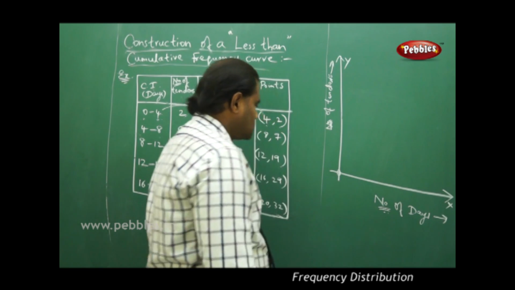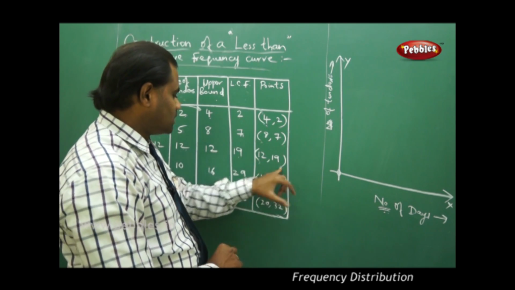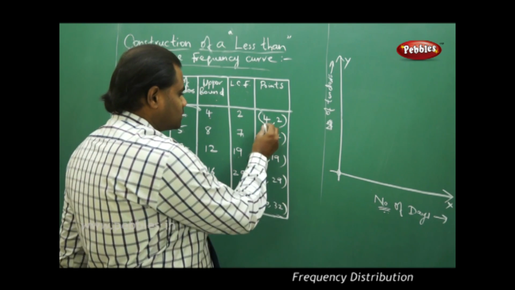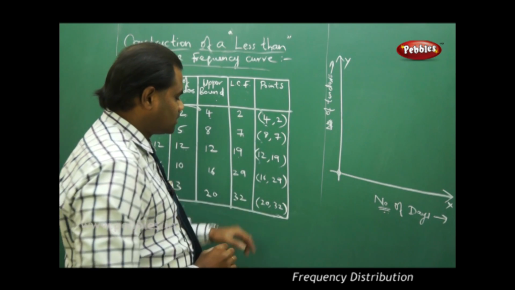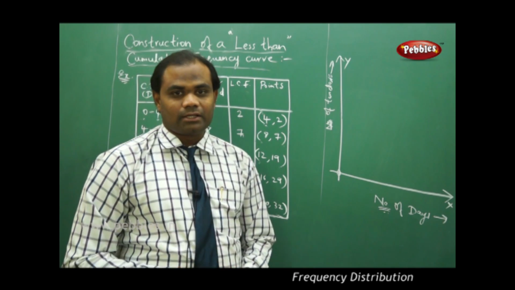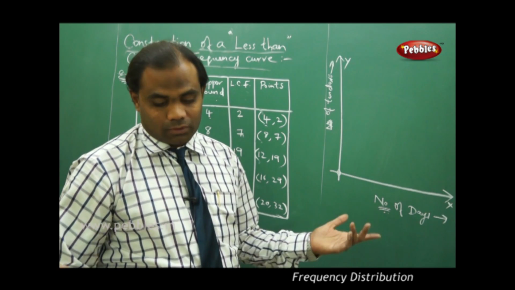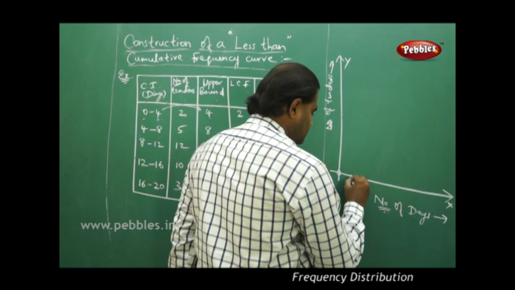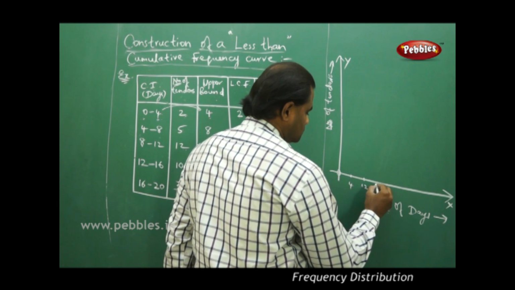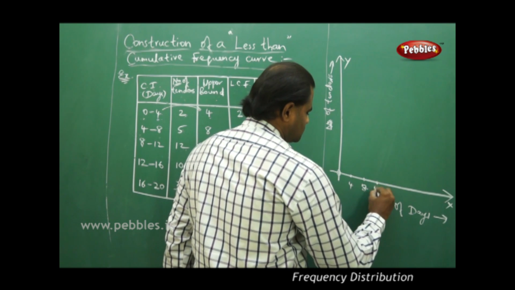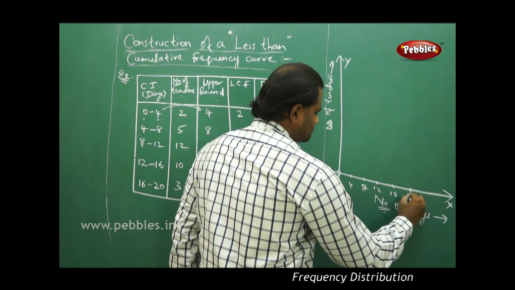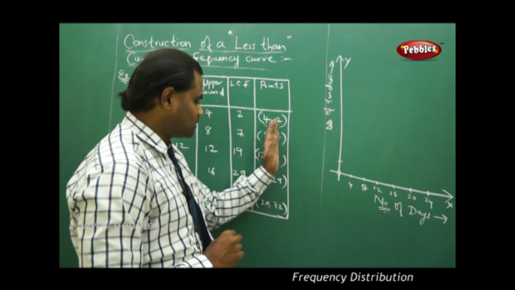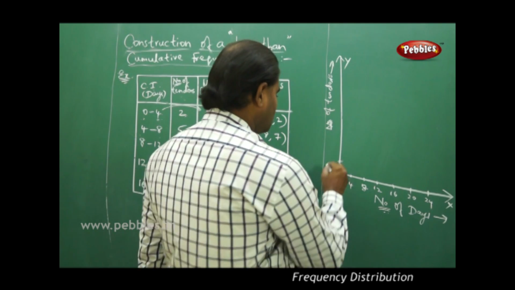Now the points 4, 2; 8, 7; 12, 19; 16, 29; and 20, 32 have to be plotted with a suitable scale. Therefore, I start with the x coordinate. The least x coordinate is 4 and the highest is 20. Therefore, I take a suitable scale of 4, 8, 12, 16, 20, 24. And on the y-axis also I take a suitable scale of 4,